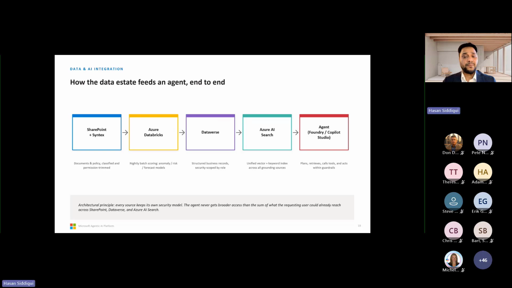The box at the bottom is the architecture principle I will not compromise on in any client engagement. Every source keeps its own security model. All the way through this pipeline, the agent's effective access is never broader than the union of what the requesting human could already reach directly in SharePoint, Dataverse, or Azure AI Search.